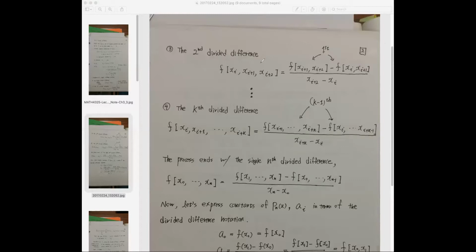So what about the second divided difference? f[x_i, x_{i+1}, x_{i+2}] we define as f[x_{i+1}, x_{i+2}] minus f[x_i, x_{i+1}], over x_{i+2} minus x_i. Okay, so just keep doing this. This is the first divided difference using x_{i+1} and x_{i+2}, right? And then